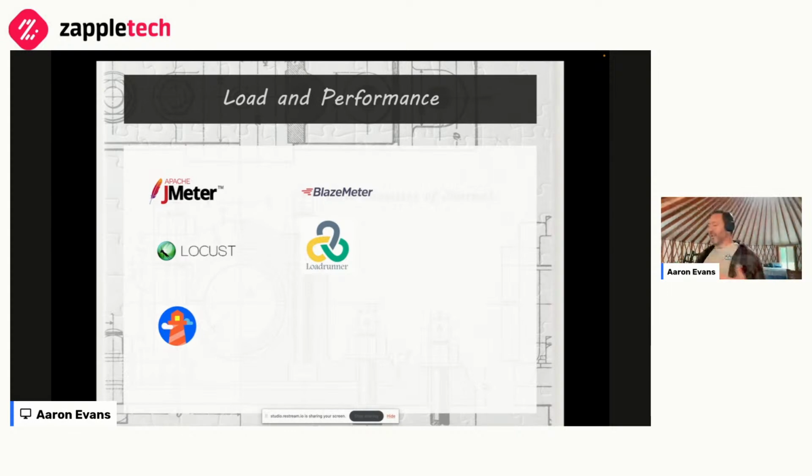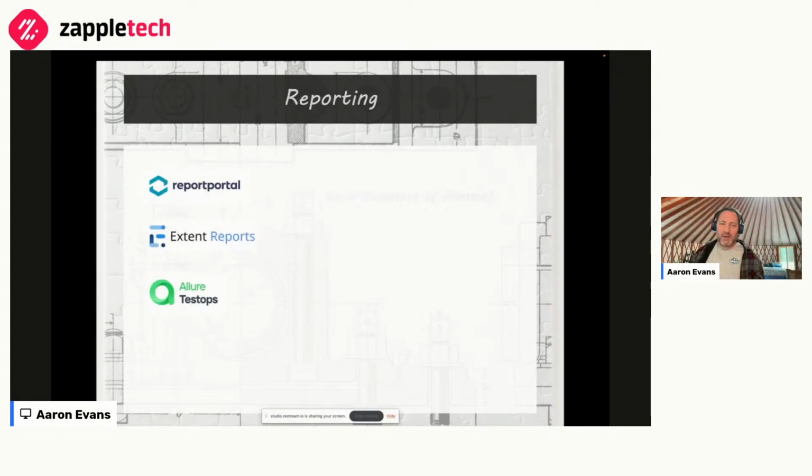And then there are other tools that go beyond load and performance that might be part of your framework. I don't think I have them in here. Yeah, non-functional test requirements like accessibility or security, or user acceptance. There are tools for doing those things. Like Axe is a great accessibility testing tool.